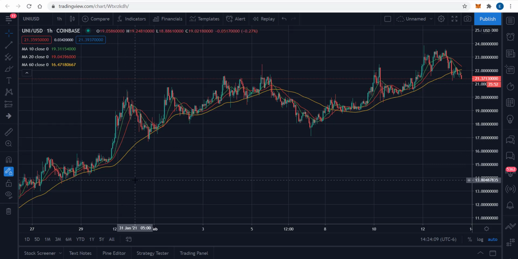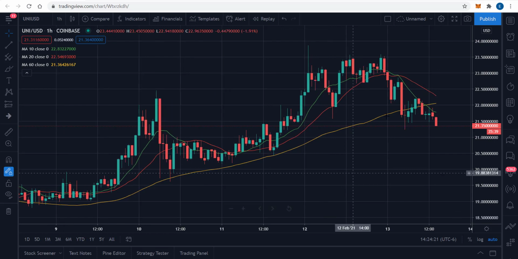So you would use the 1 hour time frame if you really are looking for maybe trades for the week, maybe trades for even the day. Right now, you have a period where all three moving averages are sort of confused. The 10 and the 20 period seem to be heading lower. The 60 has not adjusted just yet.